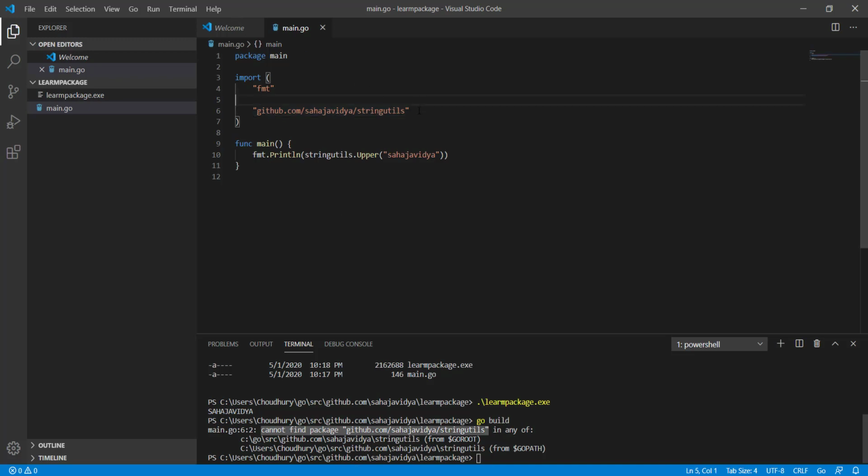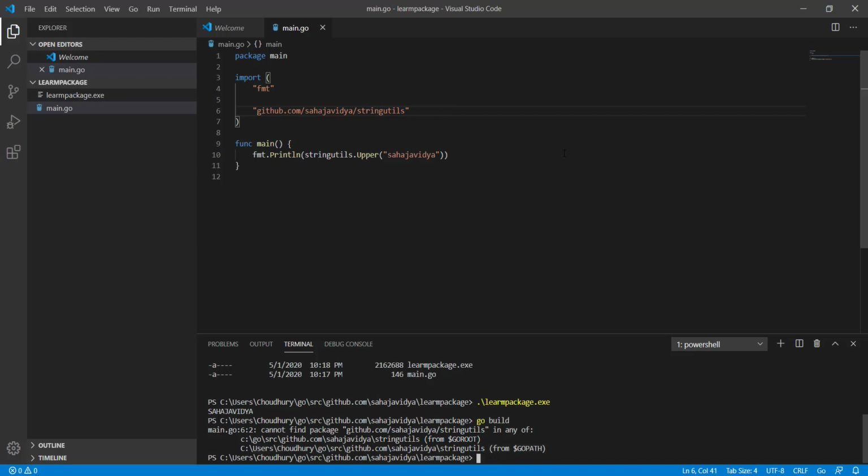That means the import is not taking from the remote repository. Actually it will not take directly from the remote repository, but this package is available in the remote repository. So how to import stringutil from the remote repository? The import is correct, but the package is not available in our local system as we deleted it.